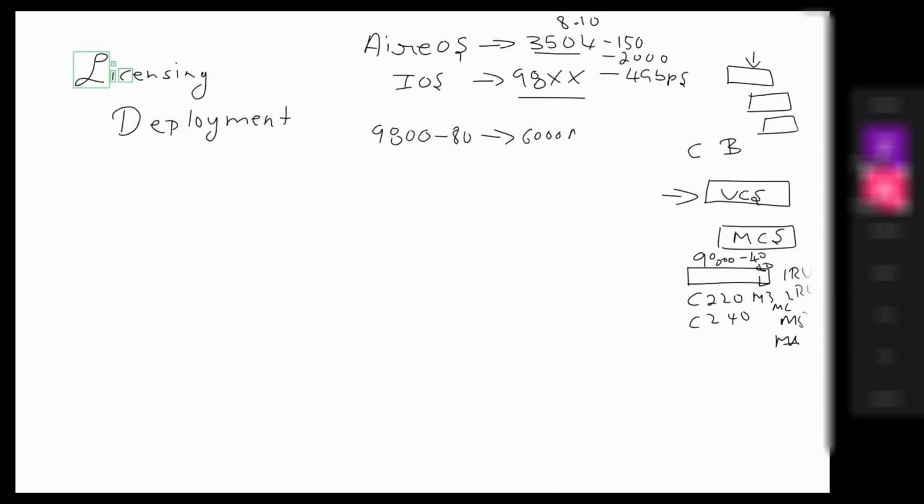Okay, 6000 APs, and it will provide a throughput of around 80 Gbps. Whereas the 40 model will register around 2000 APs, and the client support is like 32K, 32,000